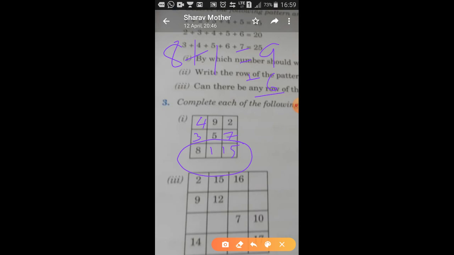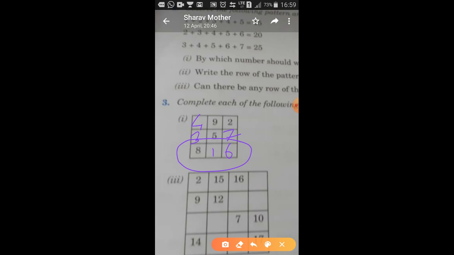Sorry, so you will write 6 over here. And whatever the answers were, 4, 3, 1, 7, you will write 6 over there. Understood? Because 8 plus 1 plus 6 gives you 15, and you need 15 everywhere.